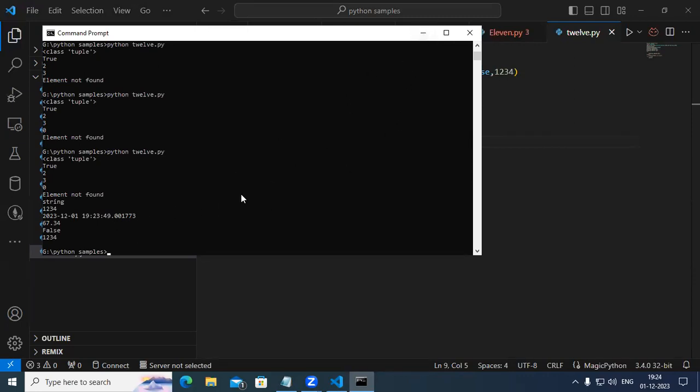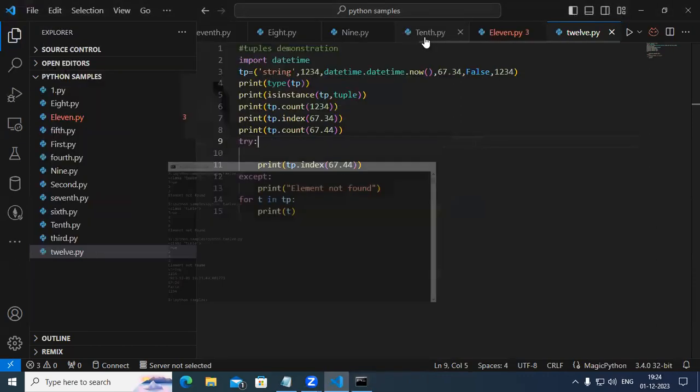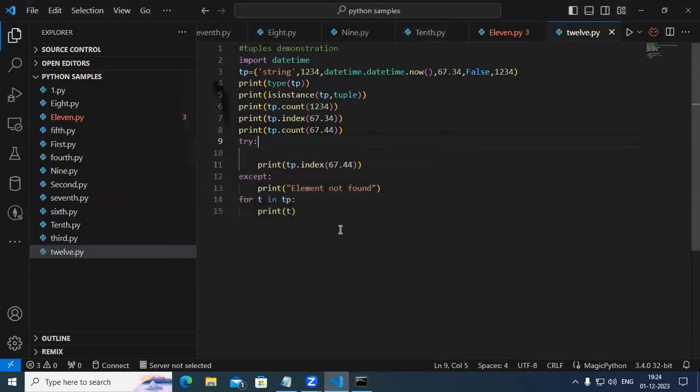It is a string, then 1, 2, 3, 4. This is the value, the current date and time, whatever you give, it's coming there. Then 67.34, false and 1, 2, 3, 4. So it's getting printed in this manner for us. Actually, you are iterating the list in this case, one by one element. Okay. Similarly,